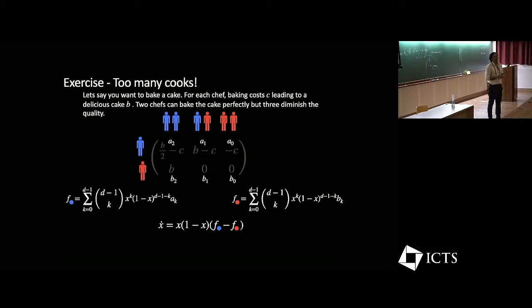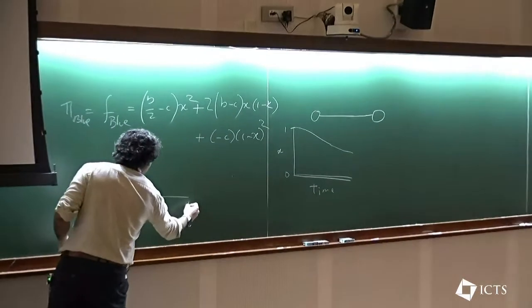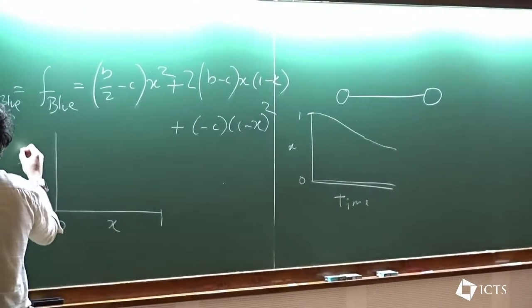Okay, so this is one way of looking at the time dynamics. But since we are looking at the deterministic dynamics, we will try to understand what happens in the long run, because you just run this for long. So you want to look at the phase portrait of it, the way we were trying to look at it before. We have the simplex x from 0 to 1, and then we could look at the change,